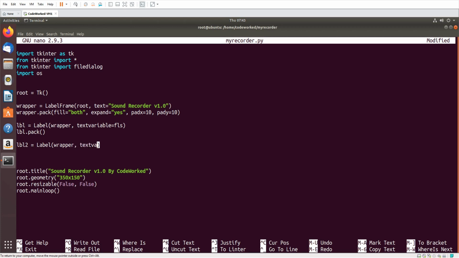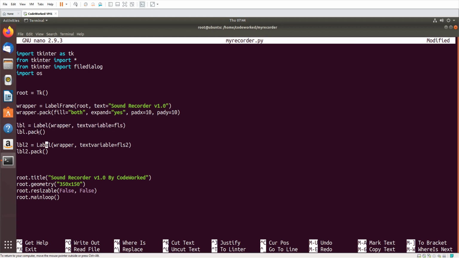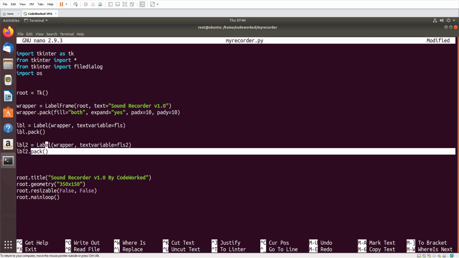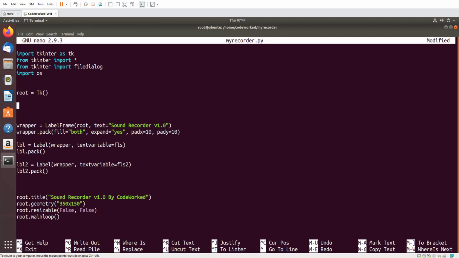Wrapper, textvariable fls2. Okay, label2.pack. This label is for showing the file name, and this label will be used to show the status of recording. Okay guys, and here I have to initialize fls and fls2, two string variables.